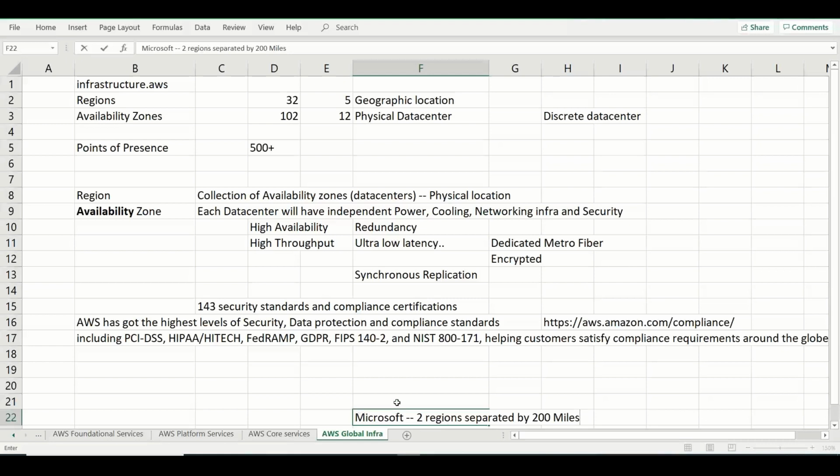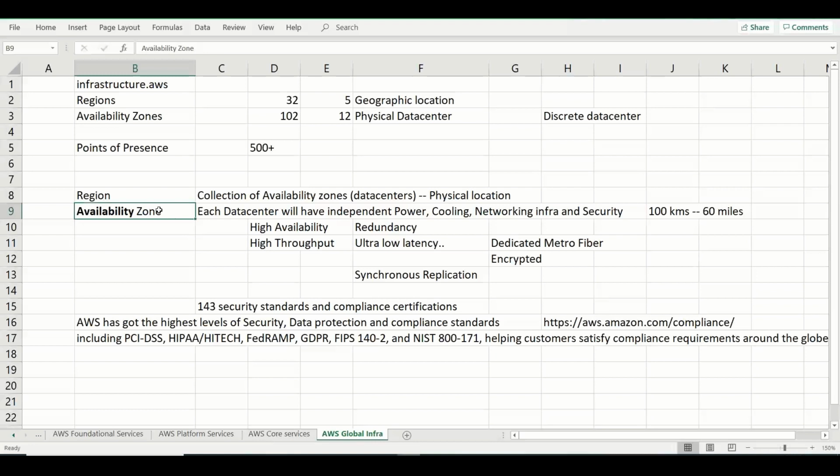This is at the regional level, whereas Amazon has deployed their availability zones in such a way that each of these availability zones is at least 100 kilometers, not miles, 100 kilometers from each other. If you are talking about miles, I think it is 60 miles, so 60 miles is the standard. They will have a physical separation of 100 kilometers from each other. Even if there is a lightning strike or a tornado or a power outage, it will not impact the other availability zone. So Amazon has segregated their physical data centers from each other, whereas Microsoft has segregation at the